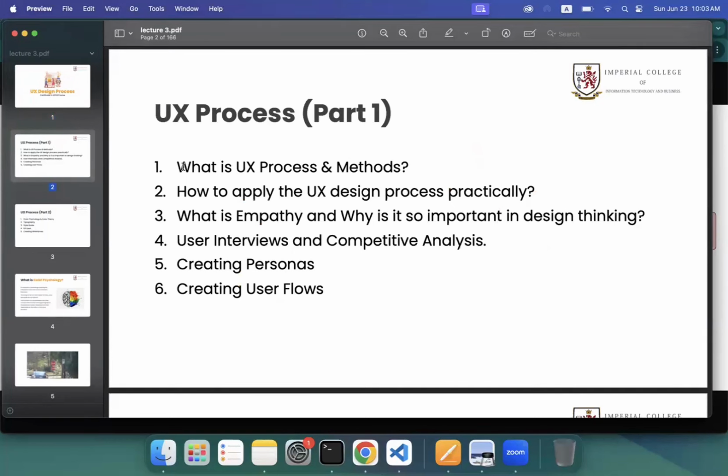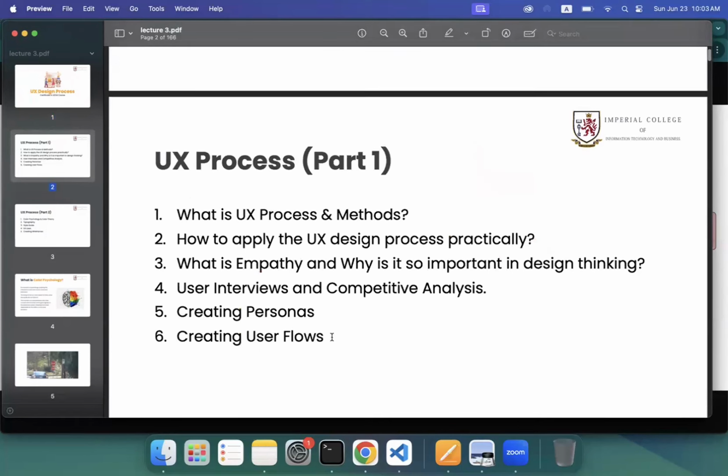Okay, these are the things that we discussed. What is the UX process and the methods we use, how to apply the UX design process practically, what is empathy and why is it so important in design thinking, user interviews and competitor analysis, creating personas and creating user flows. Any questions so far? Fatima,